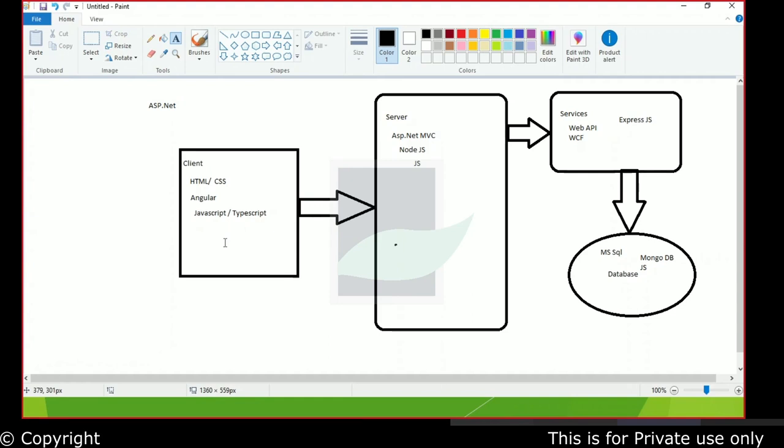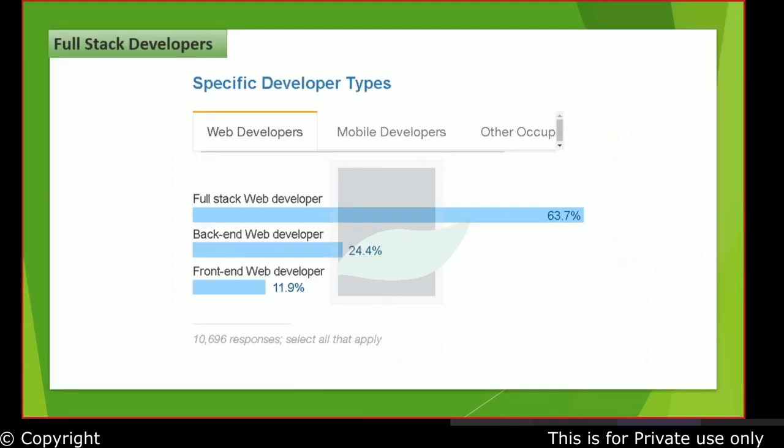The capability of the developer has to expand, because that is the ask of the market, and that's why you see more and more asks online, or with the clients, for a full stack developer, and it is clearly high. The other kinds of roles are quite fast dying out.